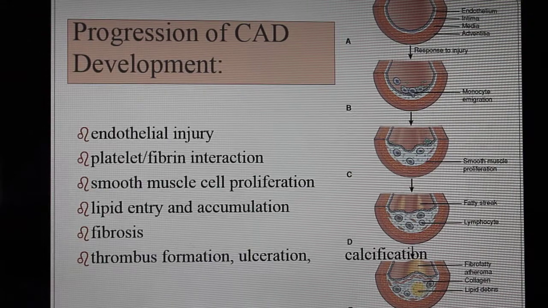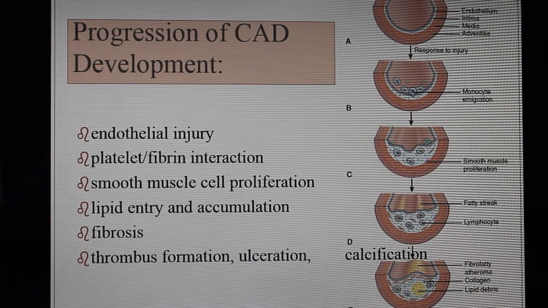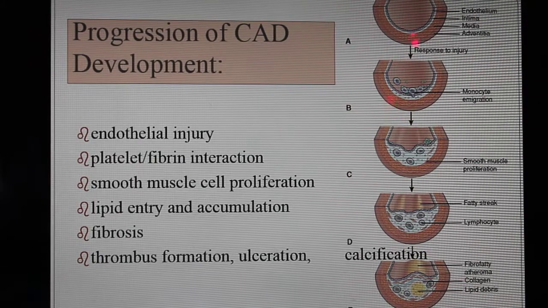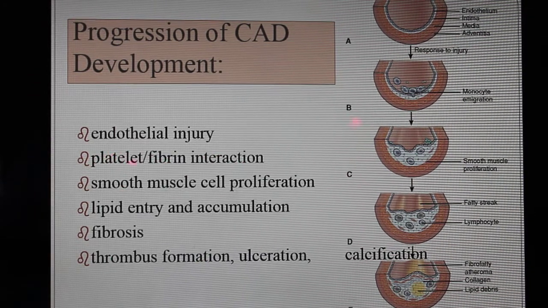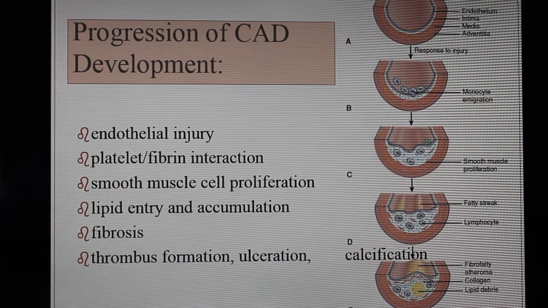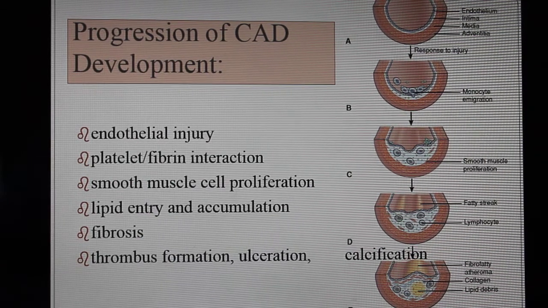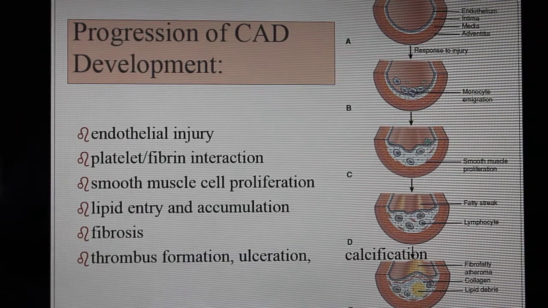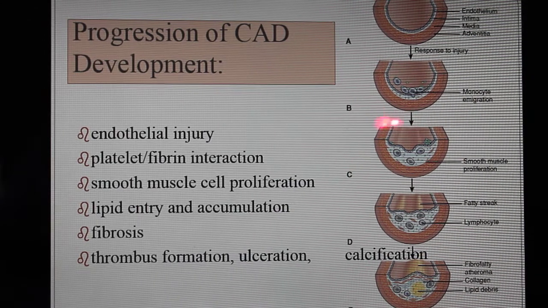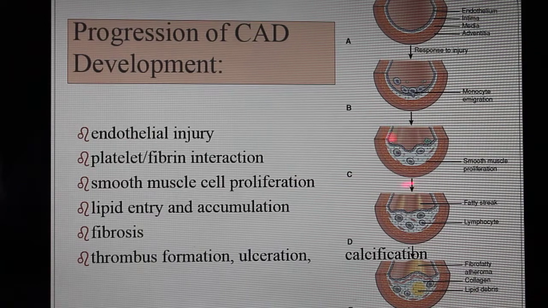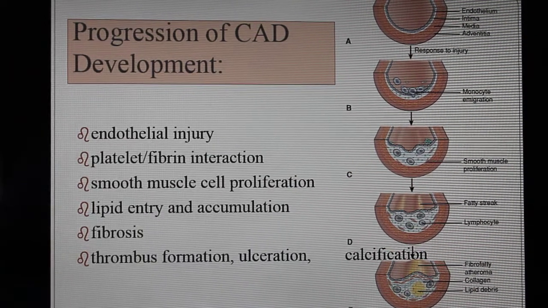Because one of the things you will find out is that it prevents platelet aggregation. So when we talk about this response here, and we talk about thrombus formation, we talk about platelet interaction, we're talking about aggregation. When I say platelet aggregation, aggregation is the formation of clots, the formation where platelets come together and collect, okay? So we take an 81 milligram baby aspirin that prevents platelet aggregation. Can you see how it can prevent a clot from building here and then plaque building up eventually? That should make sense to you.